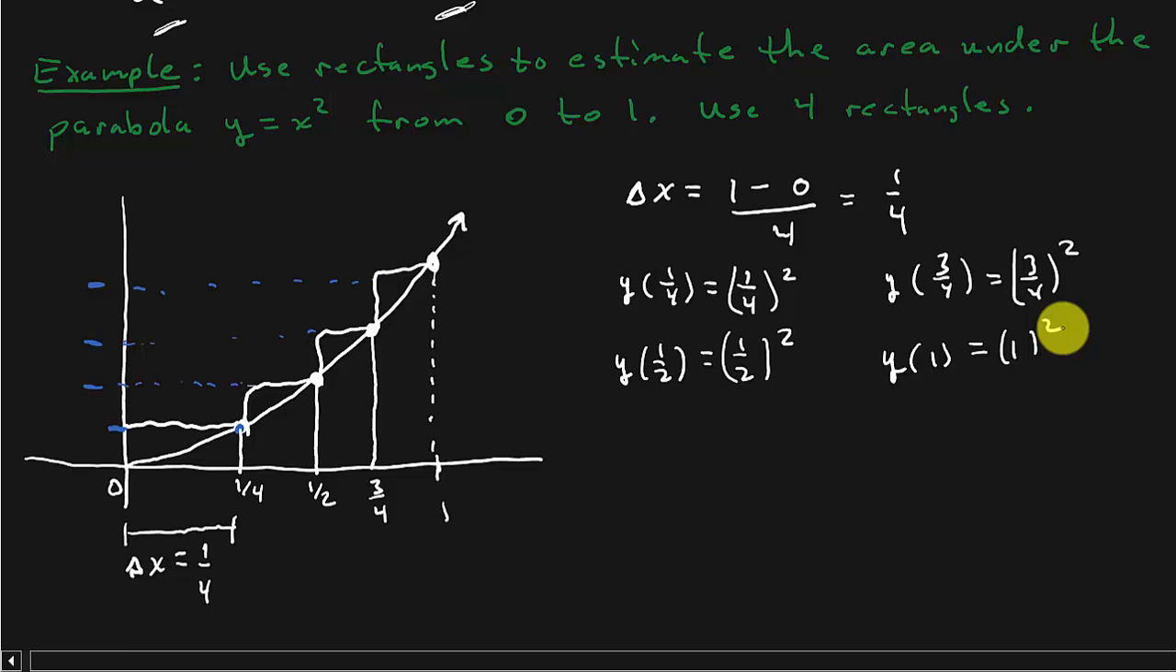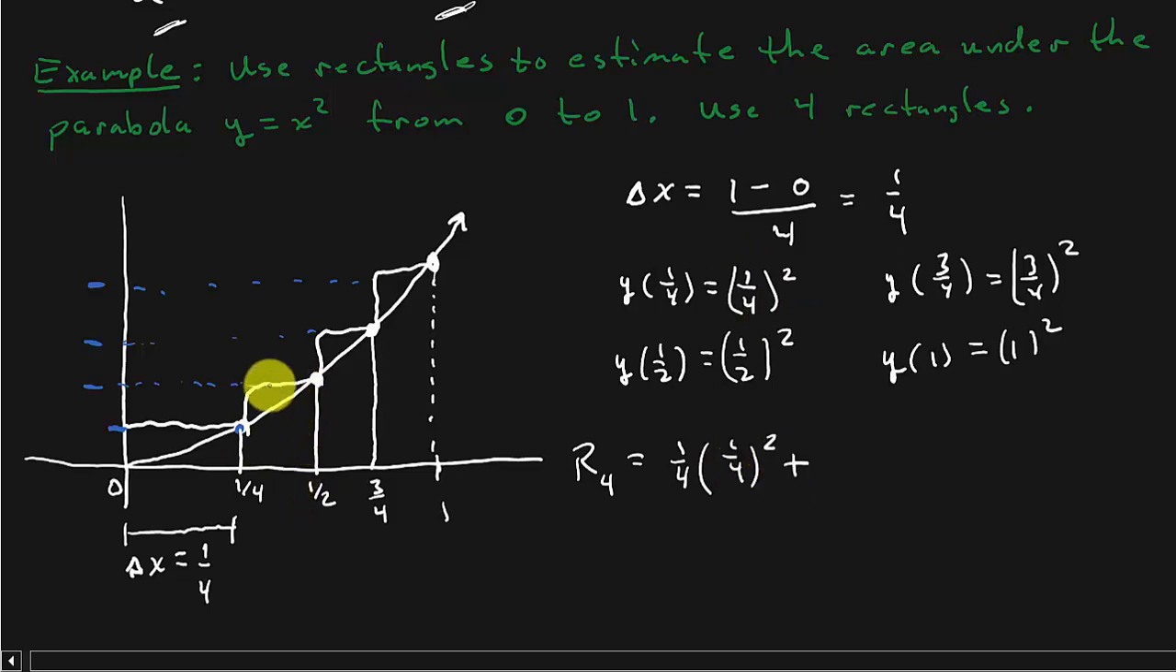All right. So what's my area? Well, we'll call it R4. That means we're using right endpoints, and we're using 4 rectangles. So that would be the width of the rectangle. I'm doing the first rectangle now, so it's the width, which is 1/4, times the height, which is 1/4 squared,